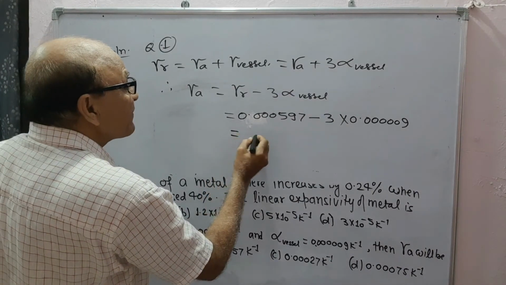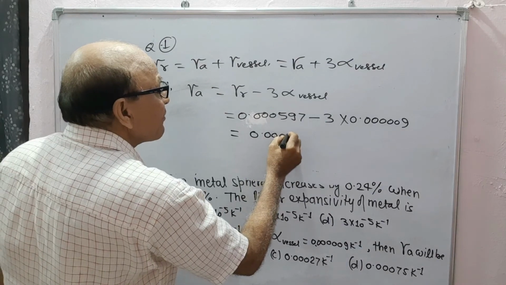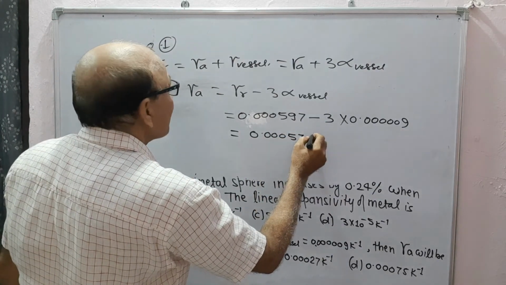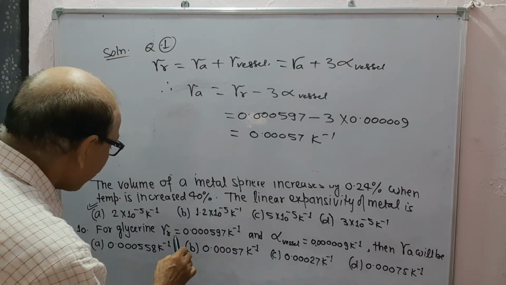On simplification, this gives 0.00057 per Kelvin. Therefore, the correct option will be